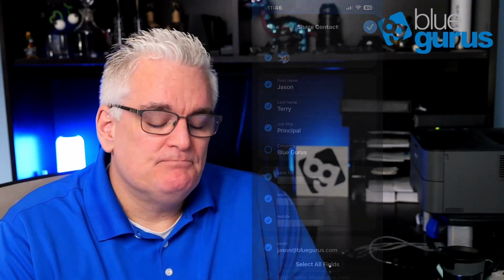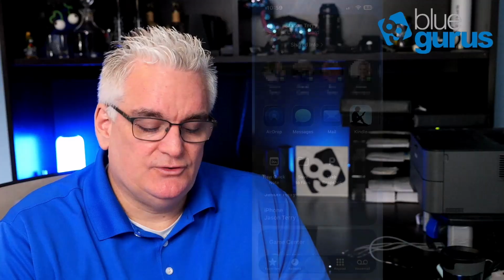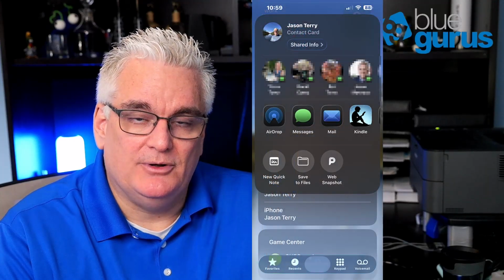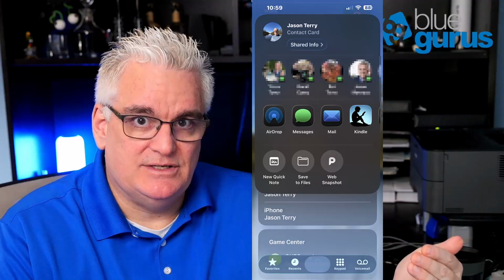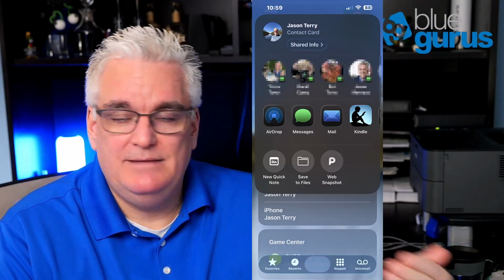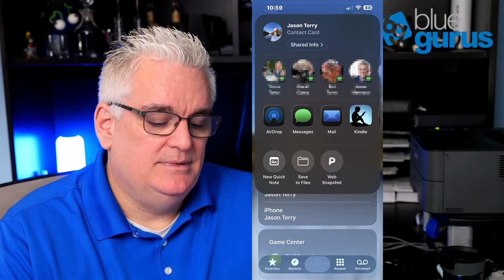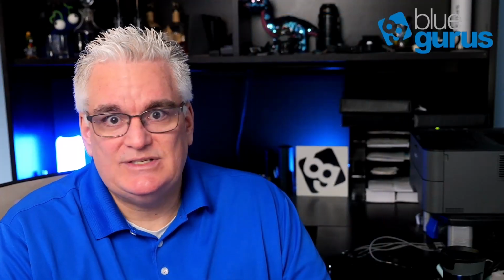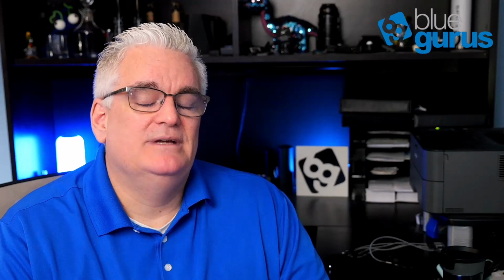I want to send. And then it brings up this screen that lets you choose how you want to send that contact record to people. So you can either text message it to them, or you can email it to them. There's also AirDrop and all this. If you're technical, you can just touch phones in AirDrop mode to share your contact, but that's more advanced than I wanted to